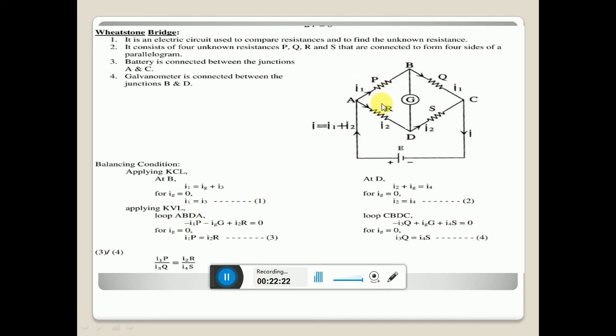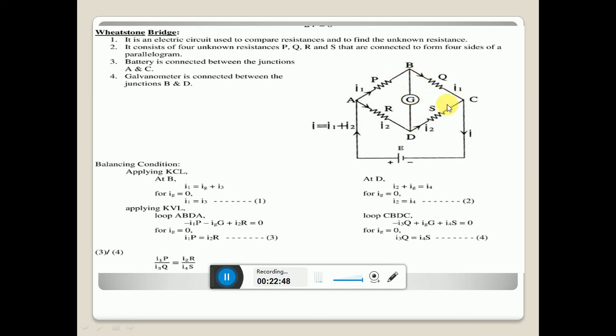Again I am explaining, if I consider the anti-clockwise direction, it is a standard notation. When I am proceeding in the anti-clockwise direction, the current is coming in the opposite direction, so I can write minus I1 into P plus I2 into R minus Ig into G equal to 0. Here I am considering Ig as 0, so I1P is equal to I2 into R. Similarly, if I proceed for the next loop